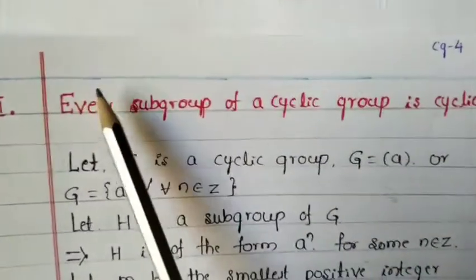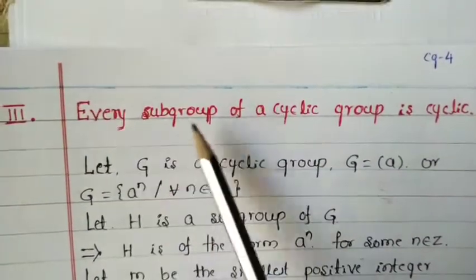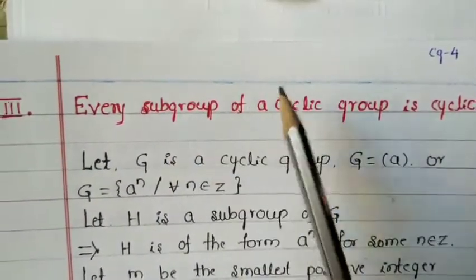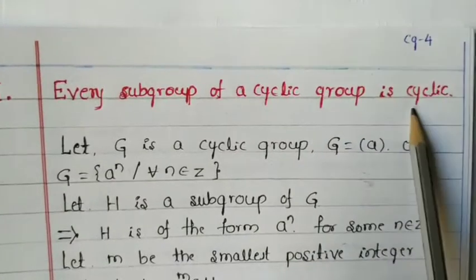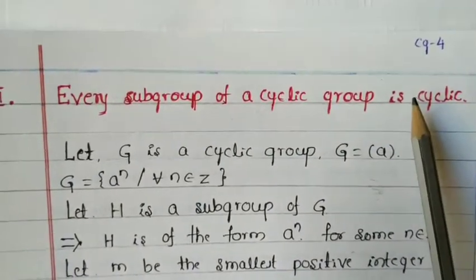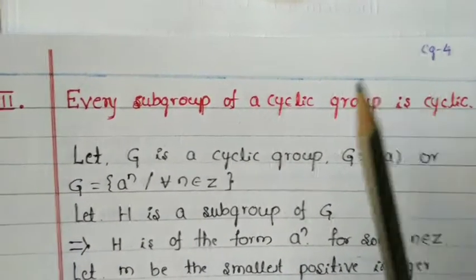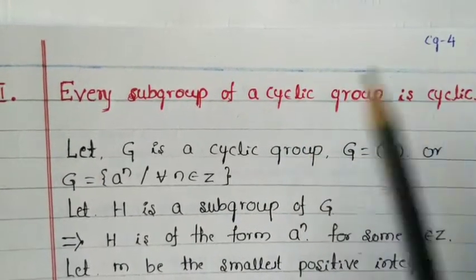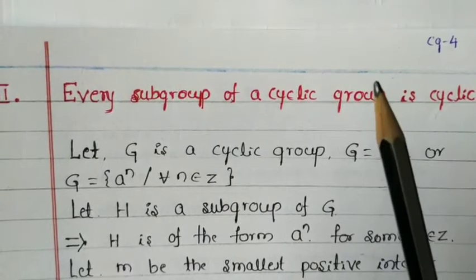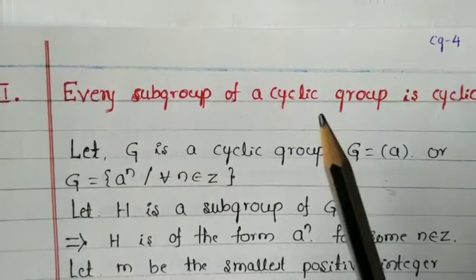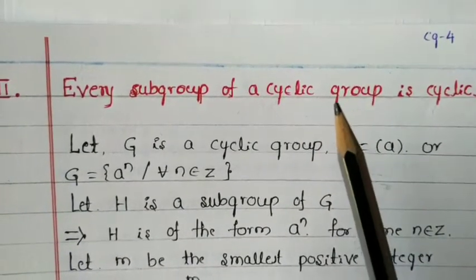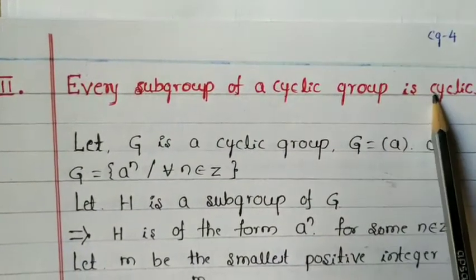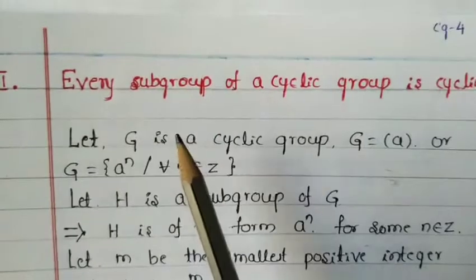Next, go for another example theorem. Every subgroup of a cyclic group is cyclic. So this is the theoretical part in mathematics. You have to read the statement of the theorem again and again and split it into what is given, and you have to think what is to be proved. It is very necessary. Every subgroup of a cyclic group is cyclic, where G is a group is given.